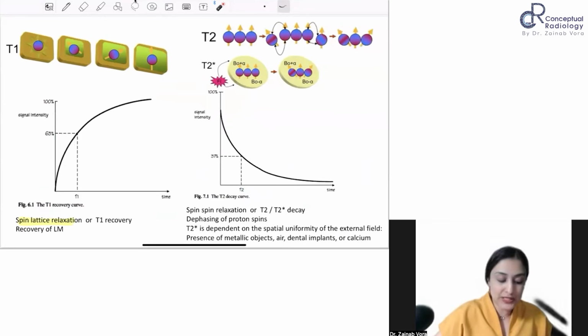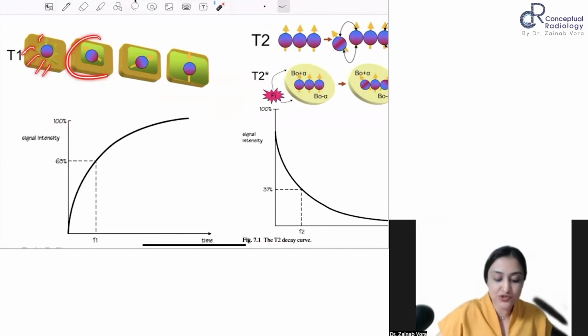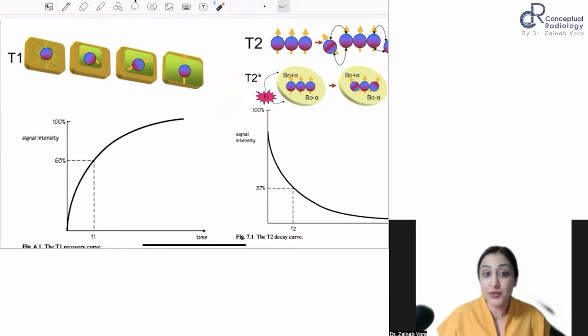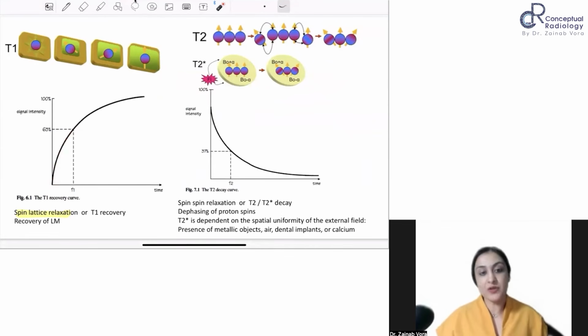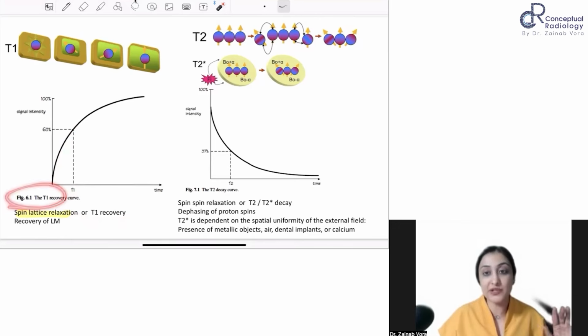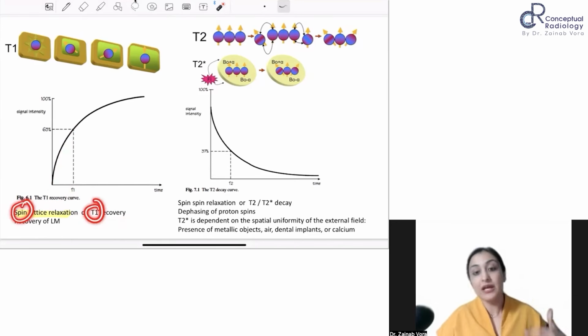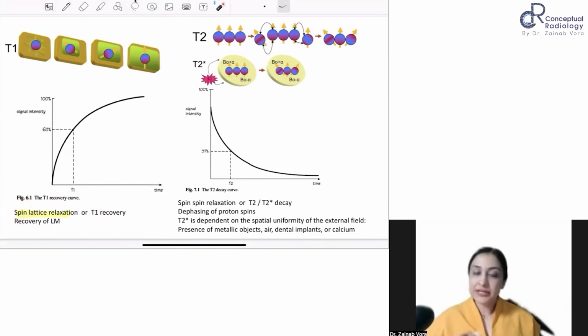All right. So this is where it gives it to the lattice, which is the structure around it, and you can see how from the transverse it is coming back to longitudinal phase. Can you understand? So T1 time is the longitudinal recovery. Okay. So that is T1 recovery, also called as spin lattice. You can remember this as एक ही spin आता है इसके नाम में. So this is T1. What is T2 recovery?